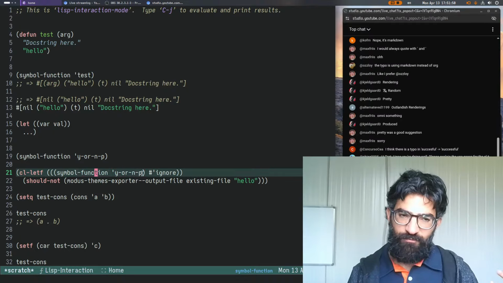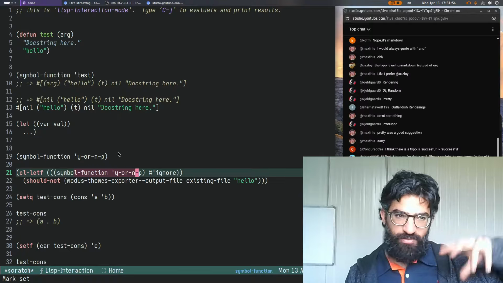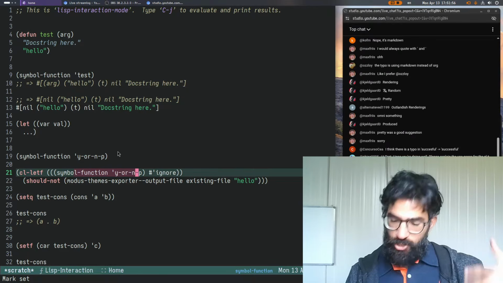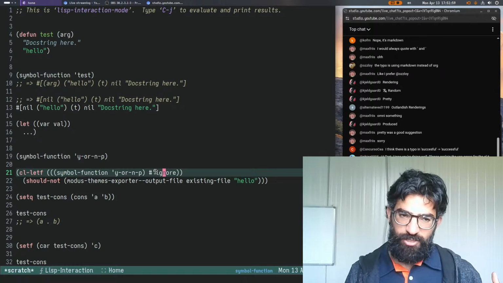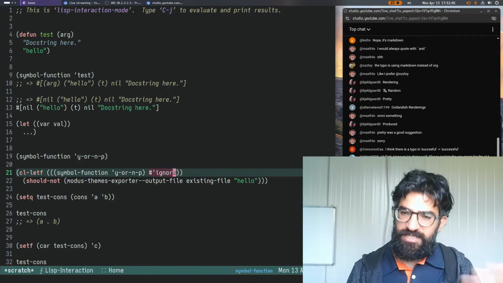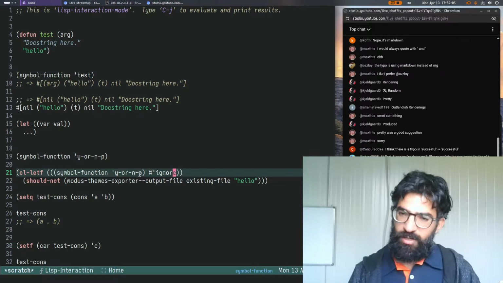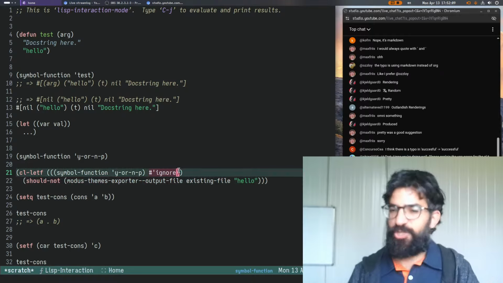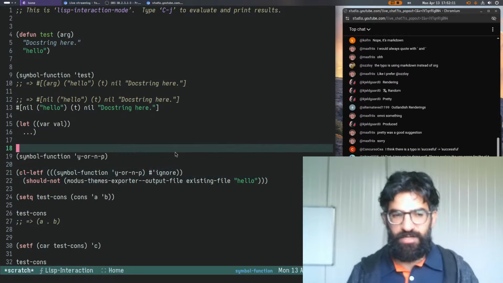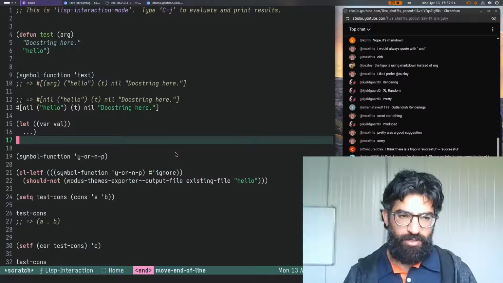I just want, for our purposes, the function of this, so the lambda of this, the actual code of this, the actual computation of this, to be the same as ignore. So I am saying for the purposes of this call, yes-or-no-p actually means ignore. And ignore always returns nil. So if you do ignore